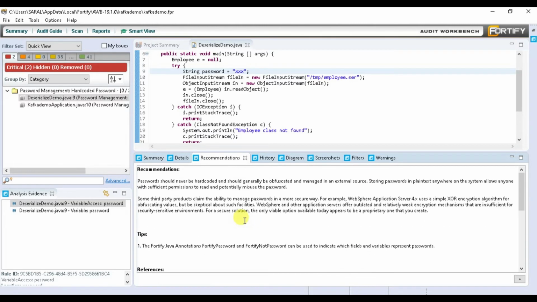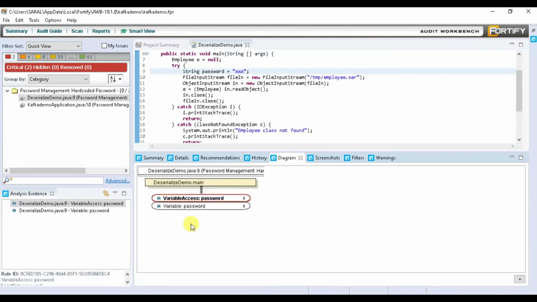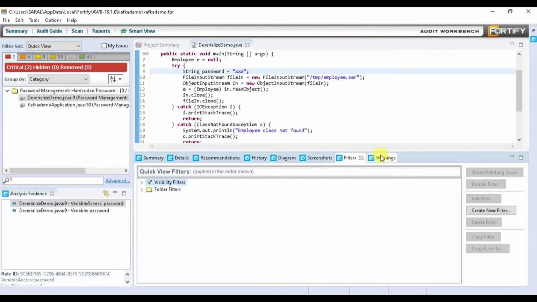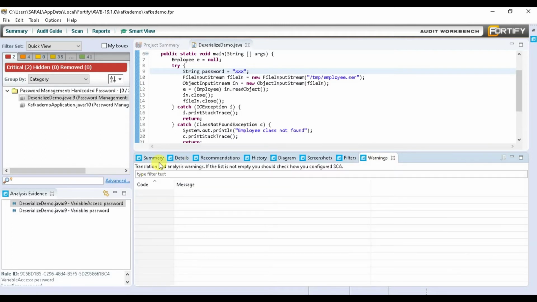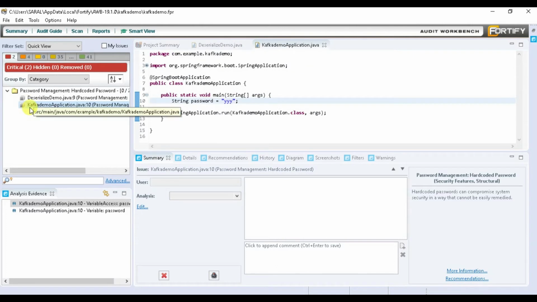Here it is showing you history, but in the demo program, which I am a very personal fan of, it shows me that there is a variable assigned to password right now. So these are the demo screenshots. I haven't applied warning filters, but in the summary it shows you that hard-coded passwords compromise security. You remember that I put this in 2 files. I deliberately put it there, because I wanted to show you the critical section.